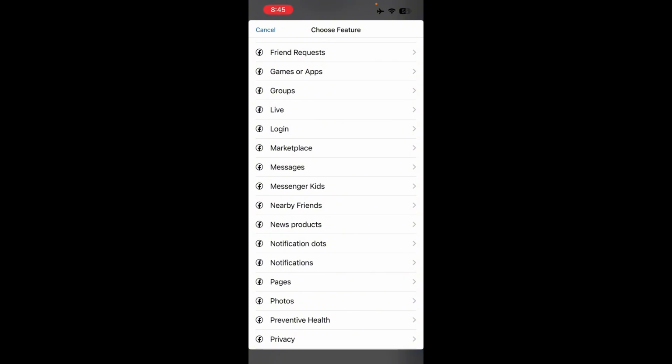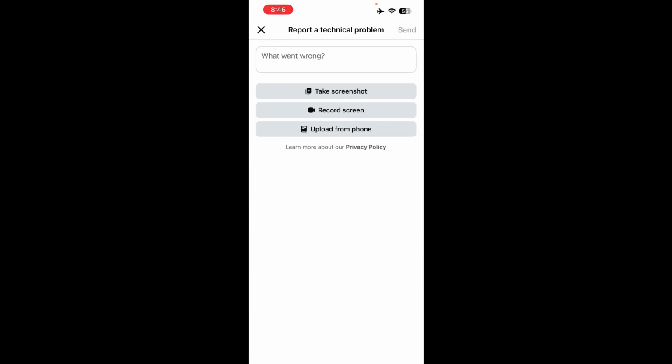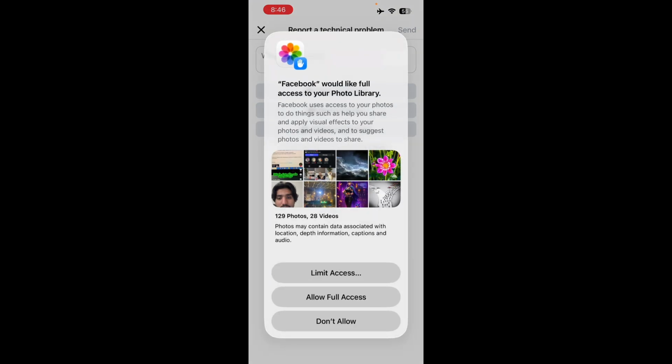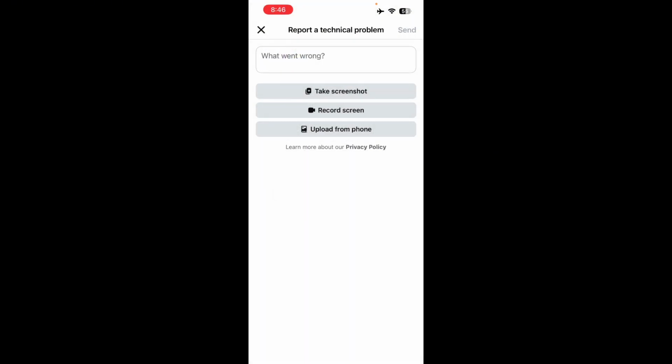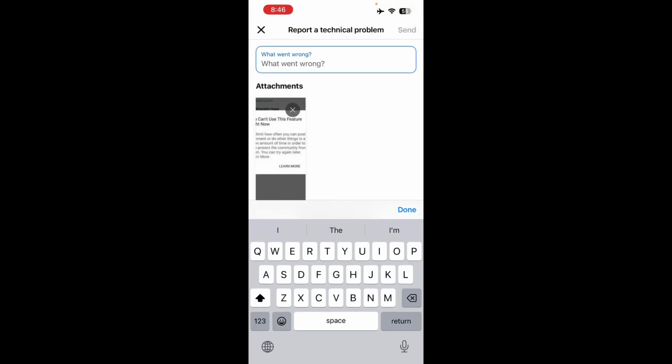I'm facing the issue in the login, so I'm going to go into the login section, and here you just have to upload the screenshot of where you are facing the issue. I'm facing the login issue and also the friend request issue, so I'm going to upload the screenshot. From there, go to the profile, go to allow access, upload the screenshot, and then write the details of